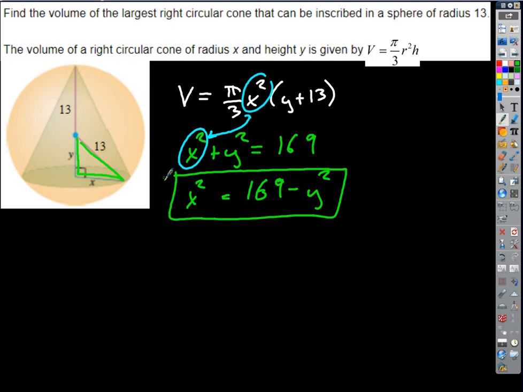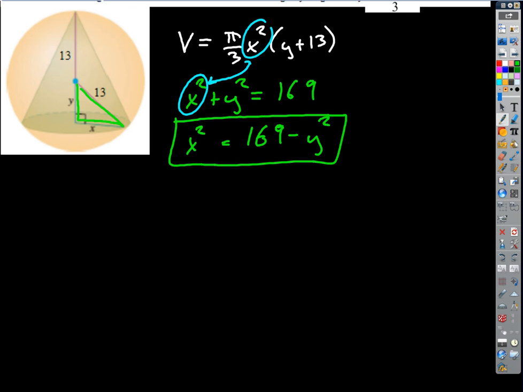And what do they want from this? All they want is volume, right? If we look at what's actually being asked here, they don't even care about the dimensions. So we're not even going to have to go back and do any square roots. We don't ever have to go back and find out what x is. We just want the biggest volume, okay? So if we make that substitution, then we end up with